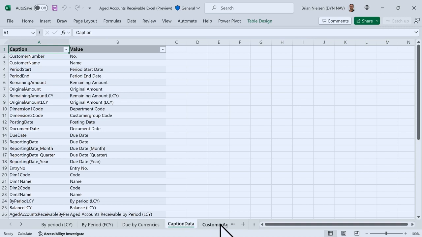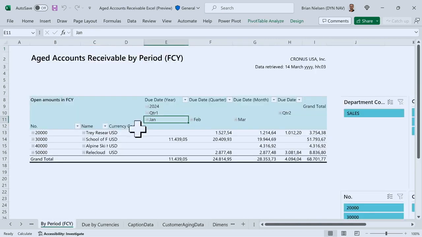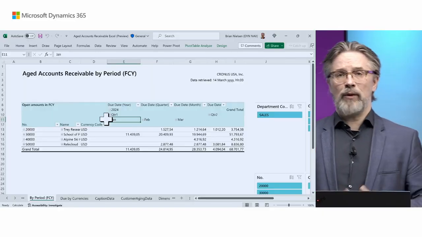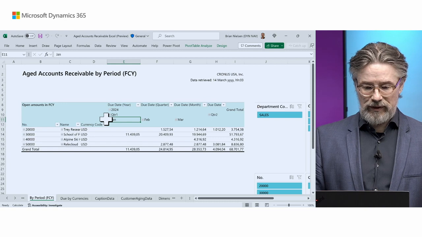The underlying data is in a separate table so that if you want to create your own report, you can just refer to this and start creating your own report. Maybe you want it by period, maybe you want to break it down by customer group or something else. You can do that because the underlying data is there compared to a normal report from Business Central.